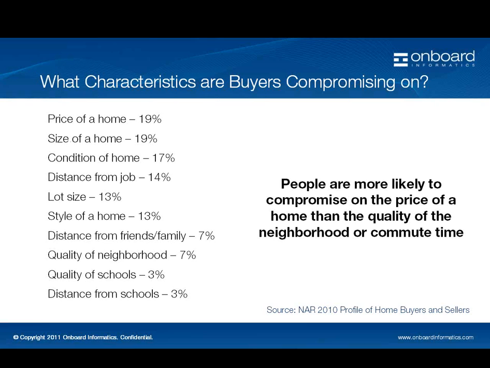And as we get into talking about the lifestyle search, we talk about typically what characteristics buyers are compromising on, and I think it's a very important question because when you're looking, you might say, well, an extra bed or an extra bath is going to cost me X number of dollars. But as we see from the NAR profile, I will compromise on the price or the size of a home to live in that quality neighborhood, to live in a neighborhood where there are people that have similar interests,